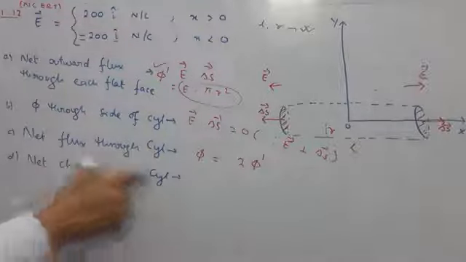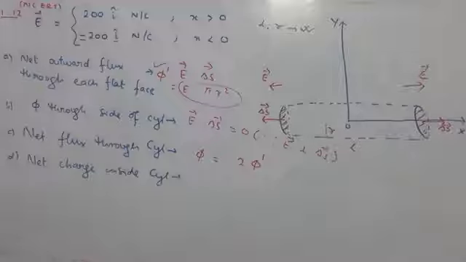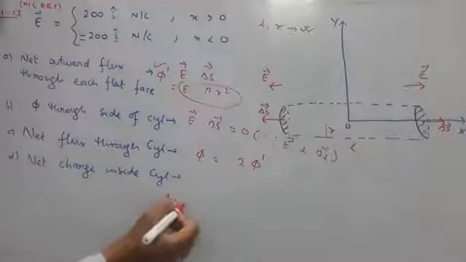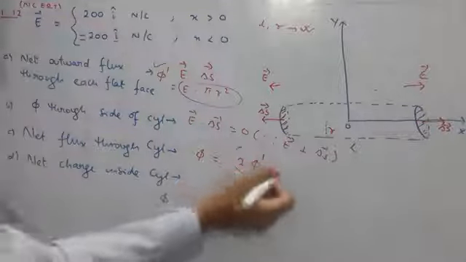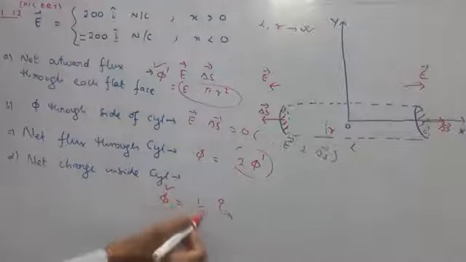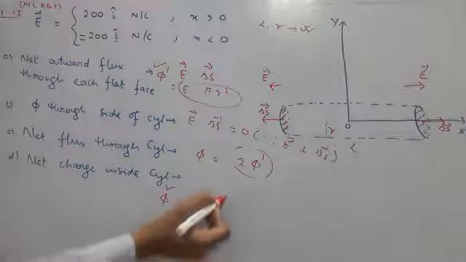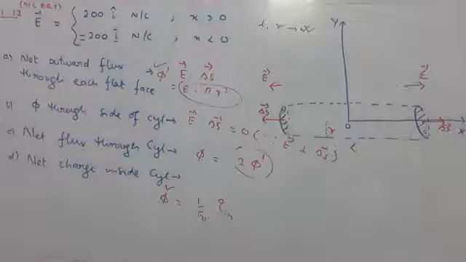The last part is the net charge inside the cylinder. For the net charge inside the cylinder, you will simply use Gauss law. So from Gauss law we write 1 by epsilon naught times Q in is the total flux. The total flux is this value. Put that value of phi here, substitute the value of epsilon naught, then you will get the value of Q in. Likewise, different charge configurations, different shapes, different regions of electric field might be given in the question, students, and accordingly you will be asked to find the charge inside the surface or the flux through the surface. So using these examples, it should be clear now how to calculate the flux and charge enclosed.